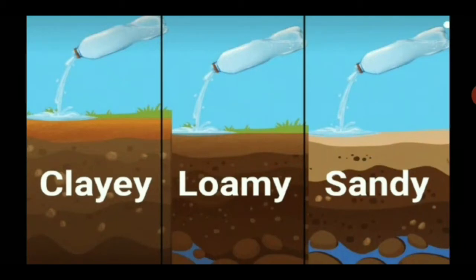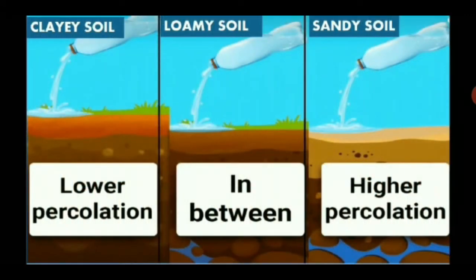To understand more nicely how different soils percolate, we consider here three different samples of soil: clay soil, loamy soil and sandy soil, and we pour the same amount of water on them. Then let's see what we observe, how much time they take to percolate. We can see in the case of clay soil that percolation is very slow. It takes a very long time to absorb or percolate. In the same time, sandy soil percolates very fast and its percolating rate is high, and loamy soil percolation is in between.